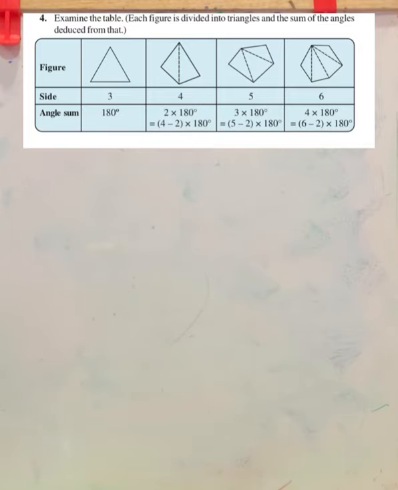That is 2 into 180 will be the angle sum property. In one triangle, the angle sum will be 180. So in two triangles, 2 into 180 is the angle sum property. To get that 2, the actual sides were 4. 4 minus 2 is 2. We are generalizing an equation from that. So considering the next figure, it has 5 sides and we have 3 triangles in it. 3 triangles because we have 2 diagonals and we formed 3 triangles.